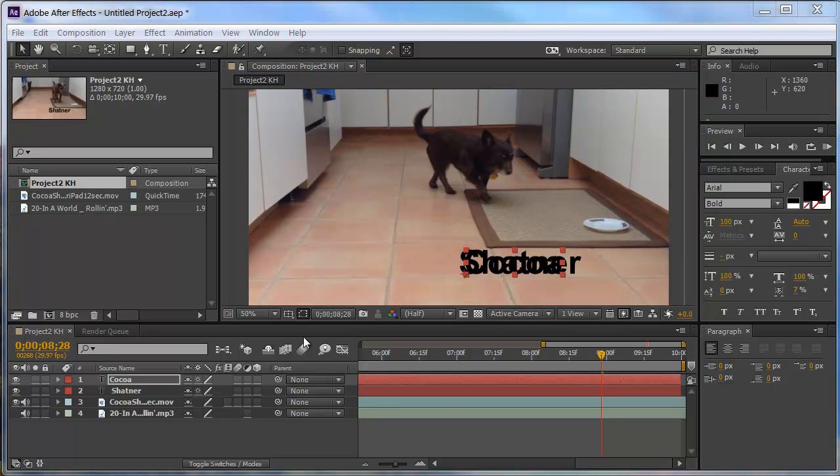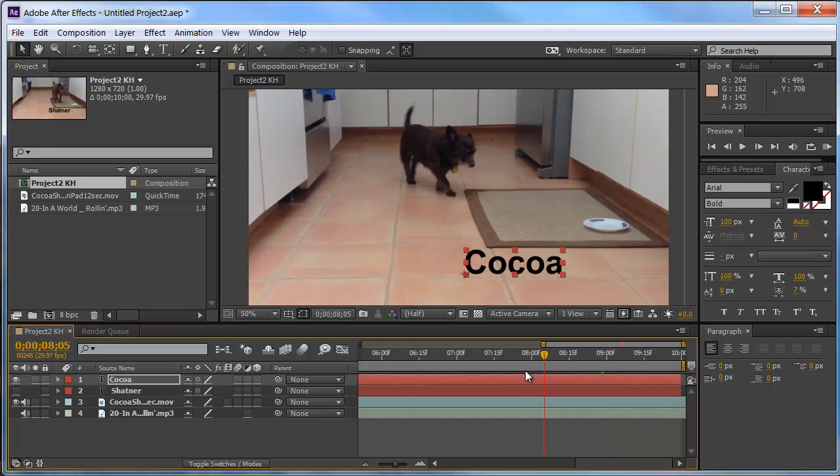To avoid a little confusion, you can always hide your layers when you don't need to use them, so we'll just go over to the eyeball here. This is just like hiding a layer in Photoshop. You just click that and it disappears. So now we've got a piece of text here for this guy,